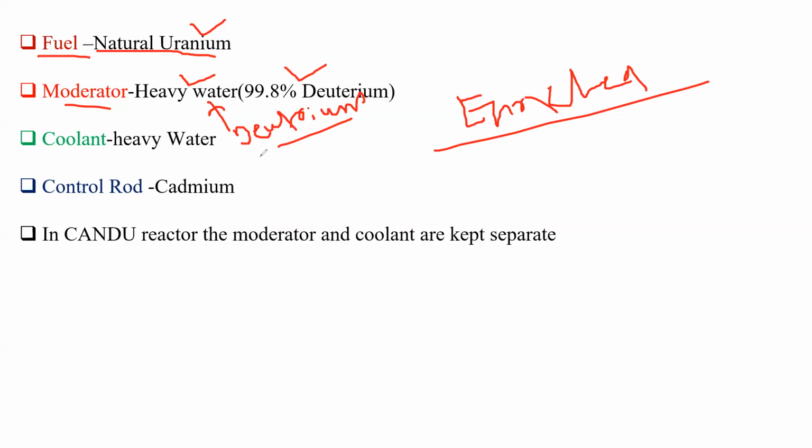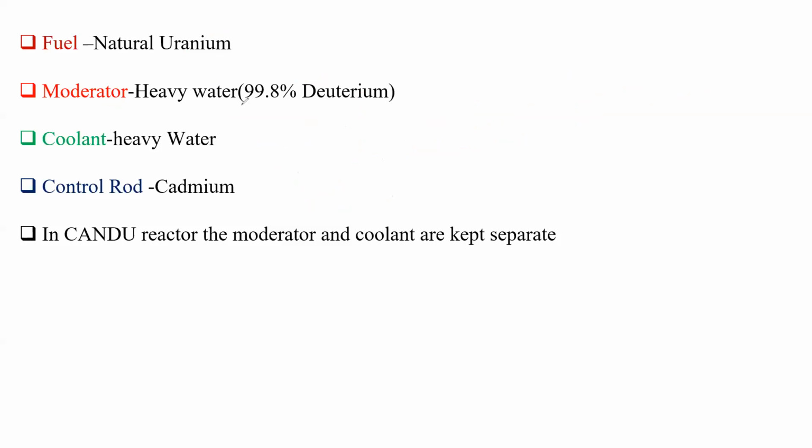Okay, whenever we write H2O, what does it mean? Water. Here we use water, hydrogen. But for the representation of deuterium we use D2O. Okay, so deuterium oxide. So this is our formula of heavy water. Okay, if I represent it in its gaseous form, this is your deuterium oxide, according to the content which is present in the heavy water.